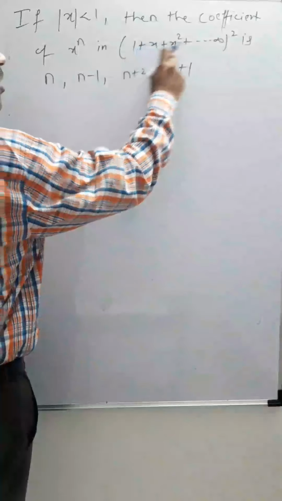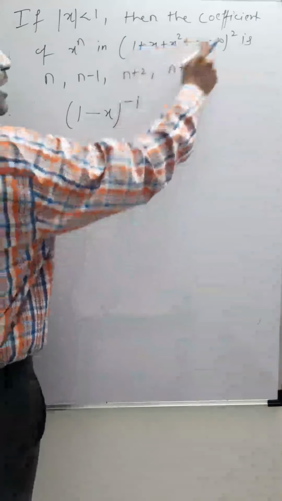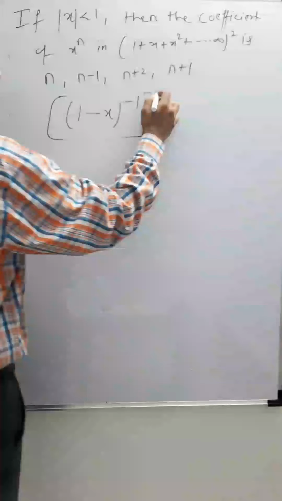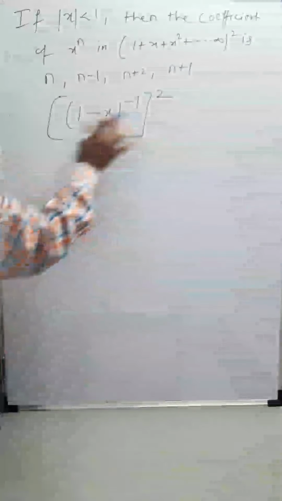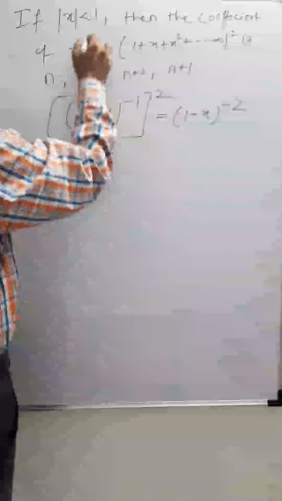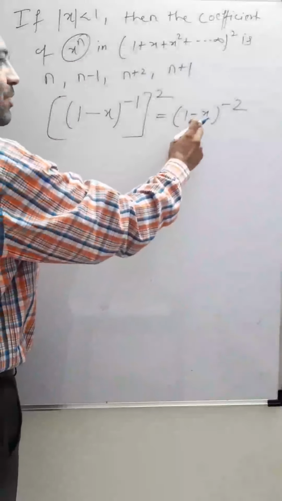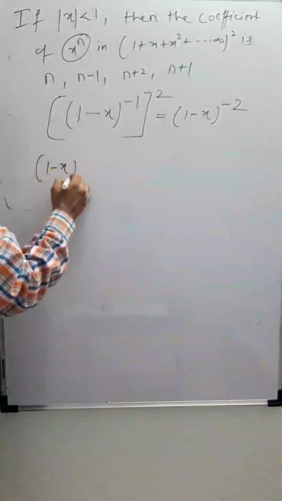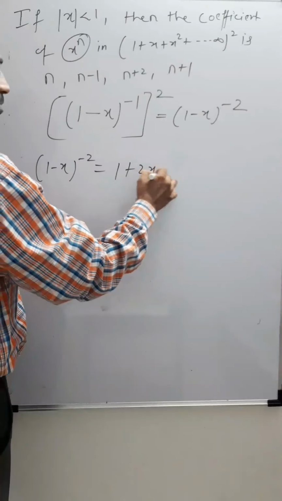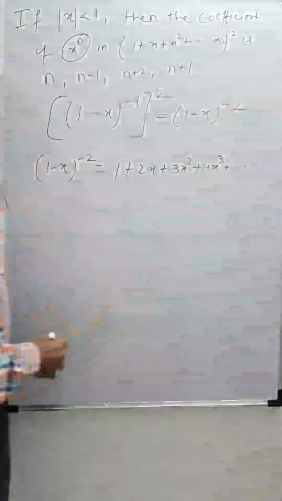So this exponent is 1 plus x, which is 1 and all are plus. So this is nothing but 1 minus x to the power minus 1, and here whole to the power 2 is given. So this entire expansion came into this. This is nothing but 1 minus x to the power minus 2. Correct? Now x to the power n, the coefficient of x to the power n we are looking for. So this also we can expand. So 1 minus x to the power minus 2 is 1 plus 2x plus 3x square plus 4x cube and so on it goes. Correct?